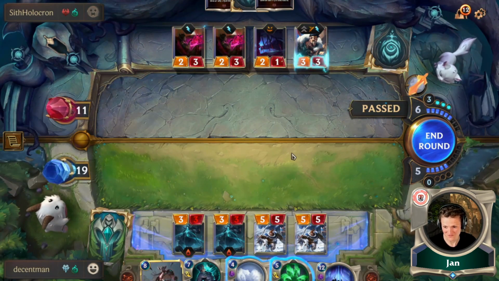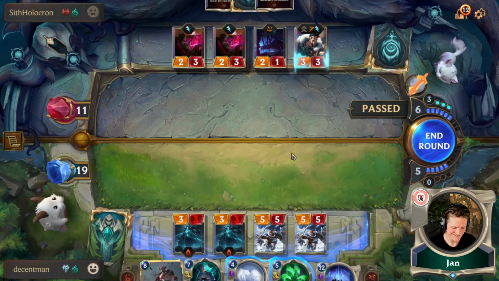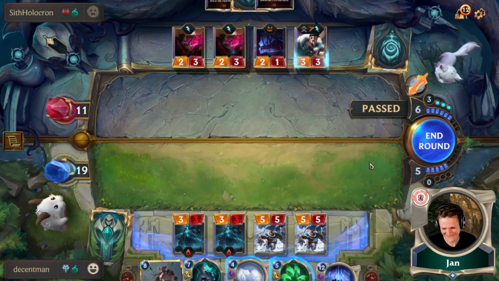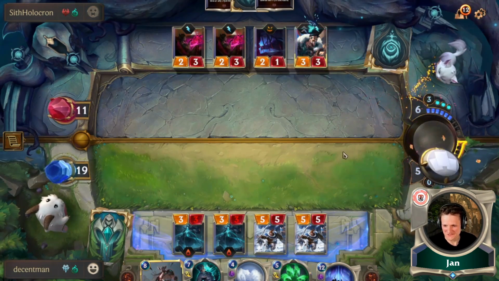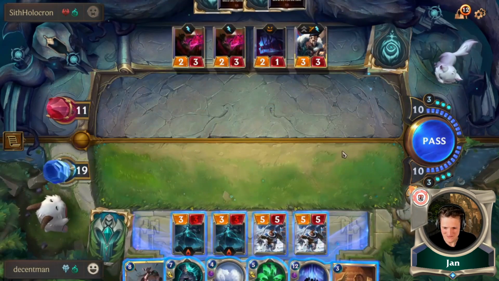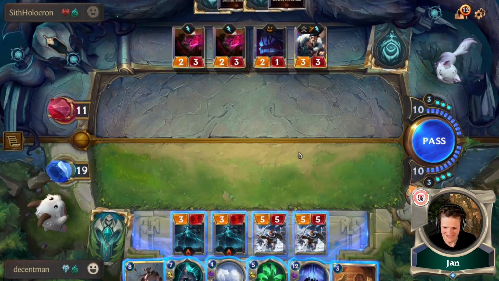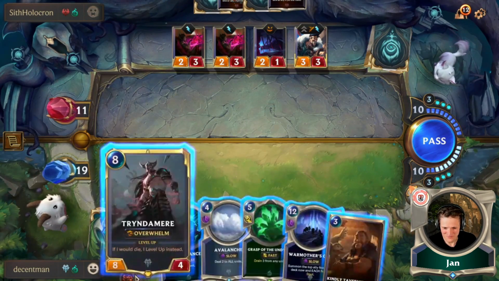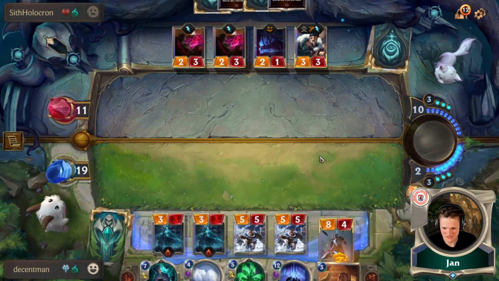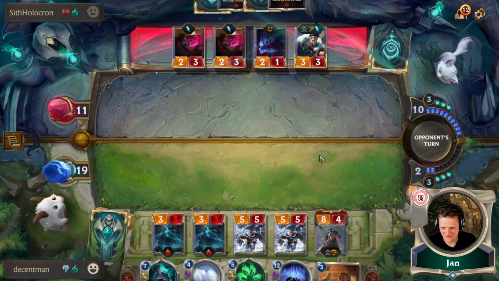Could, not should. He could. I want to see more gameplay, so keep playing. Don't surrender. Not that anyone hears me. Okay, so round 10. Round 10 is what Decentman likes to hear. Now he can play War Mother Skull or Tryndamere. Both great choices. He goes for Tryndamere,